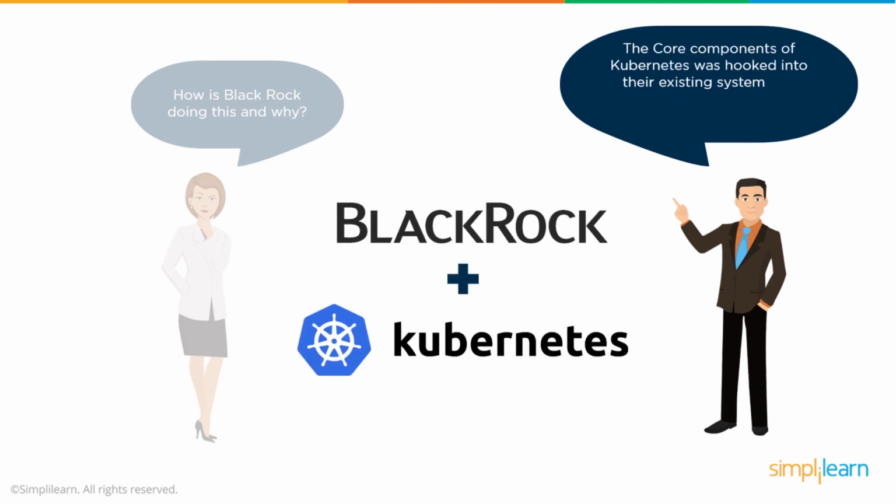And as you can imagine, Kubernetes was then hooked into their entire existing system and has really become a key part of the success that BlackRock is now experiencing of a very stable infrastructure. And the bottom line is that BlackRock is now able to have confidence in their infrastructure and give that confidence back to their customers through the implementation and more rapid deployment of additional features and services.